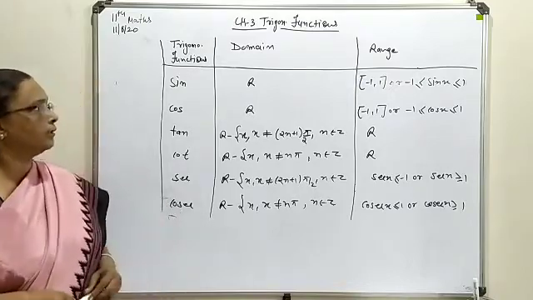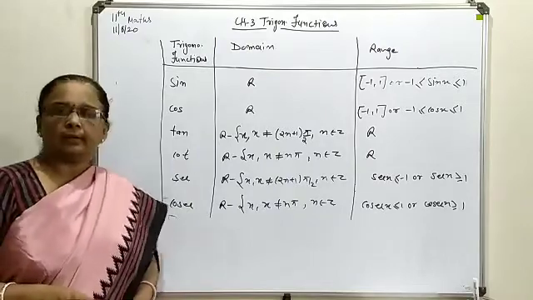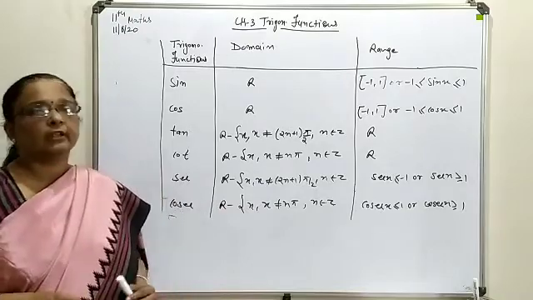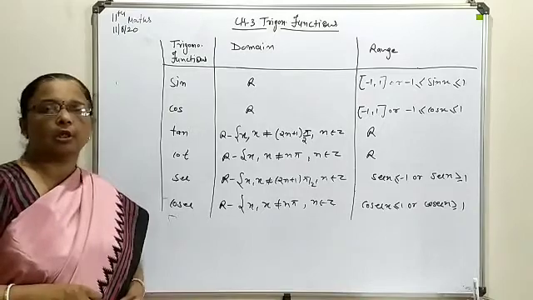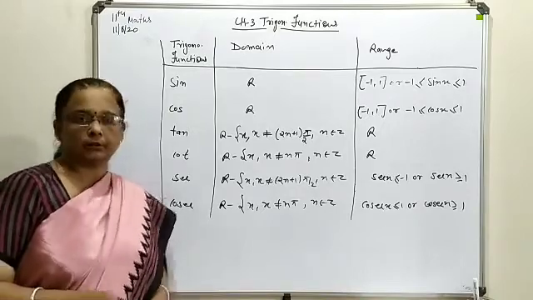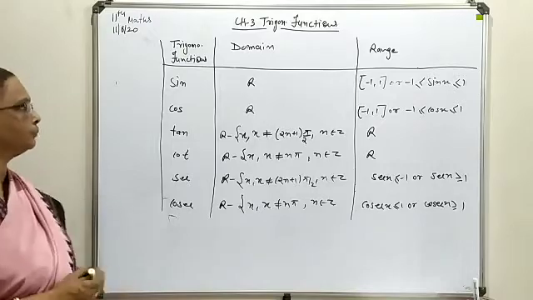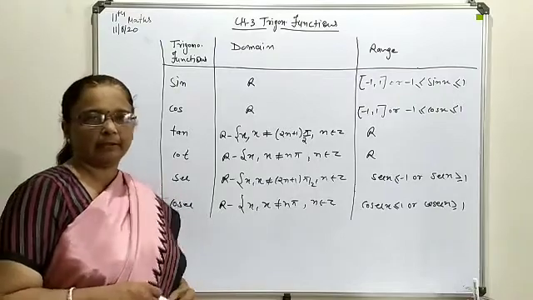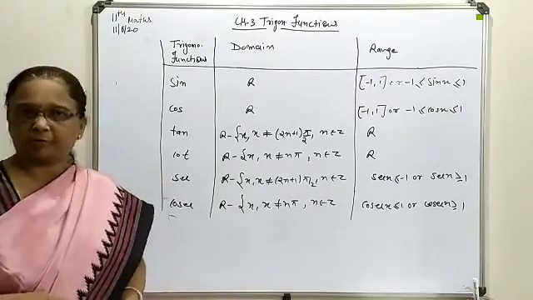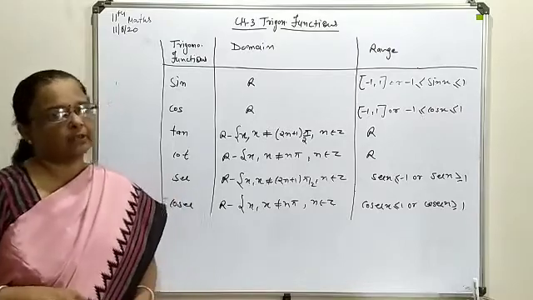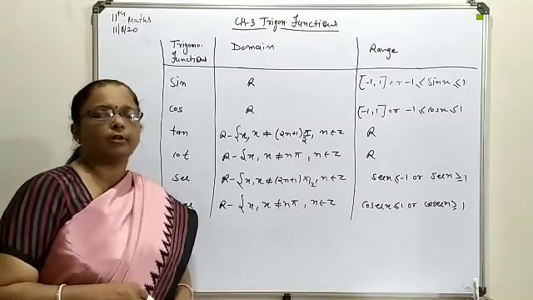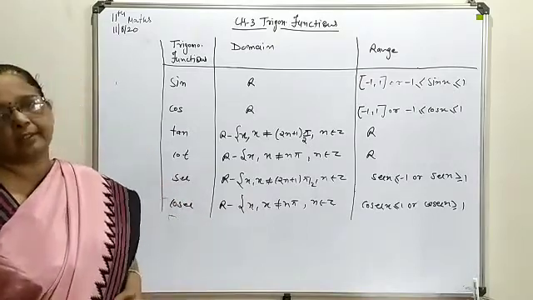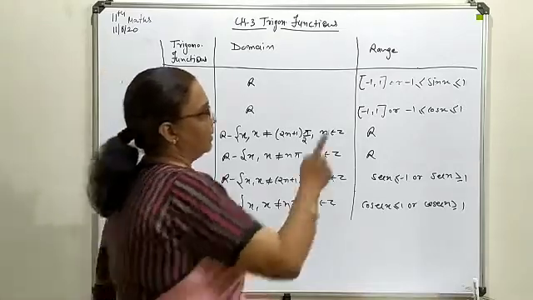So here first we look at all the 6 trigonometrical terms and their respective domains, meaning what values you can select as the angle, and what answer form you will get after substitution or after solving that particular term. Let's start with sine. For the sine domain, you can select any value as the angle, in terms of degrees or radians. Anyhow, it is to be converted to the shortest form, and you will write the answer from 0 to 360 degrees. Whatever value you choose, your answer will compulsorily come between -1 and 1.